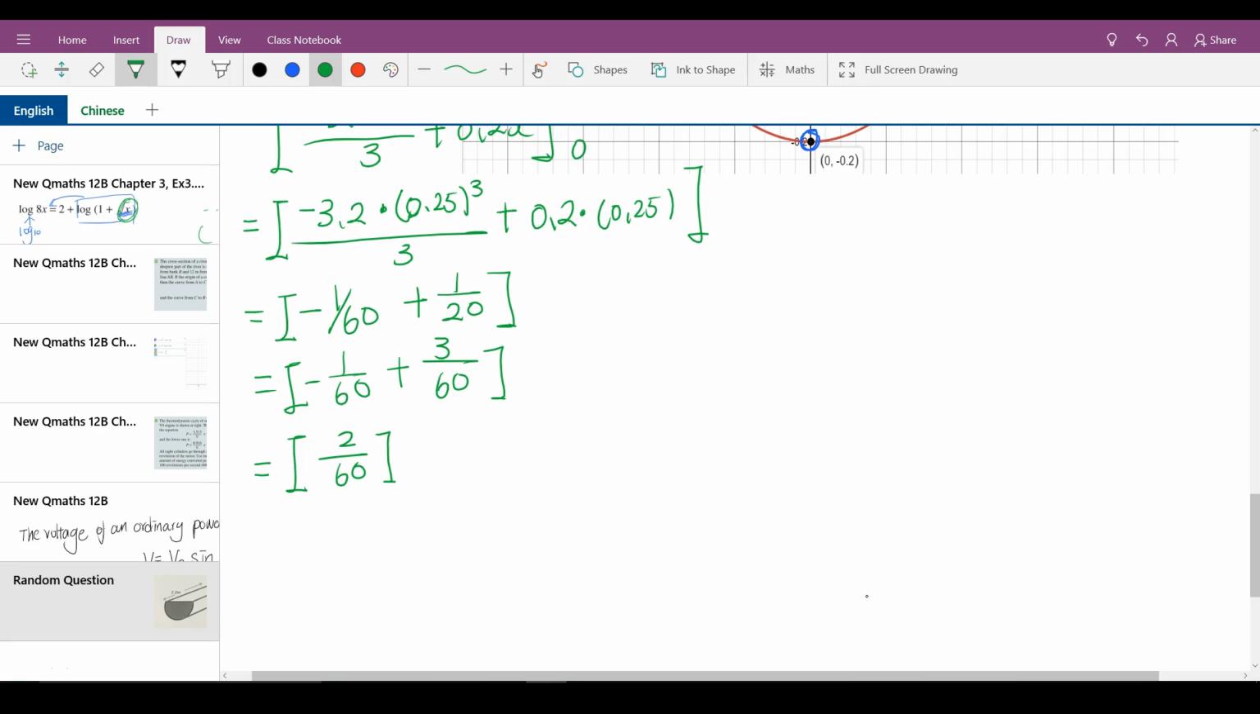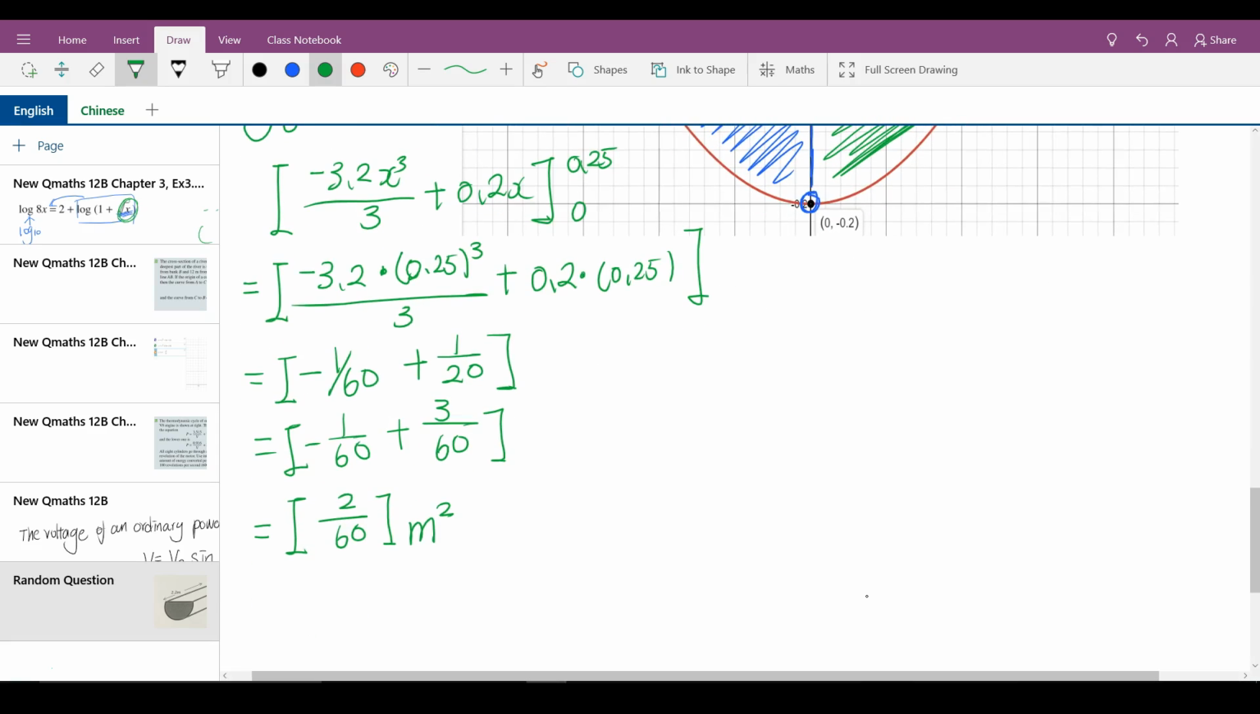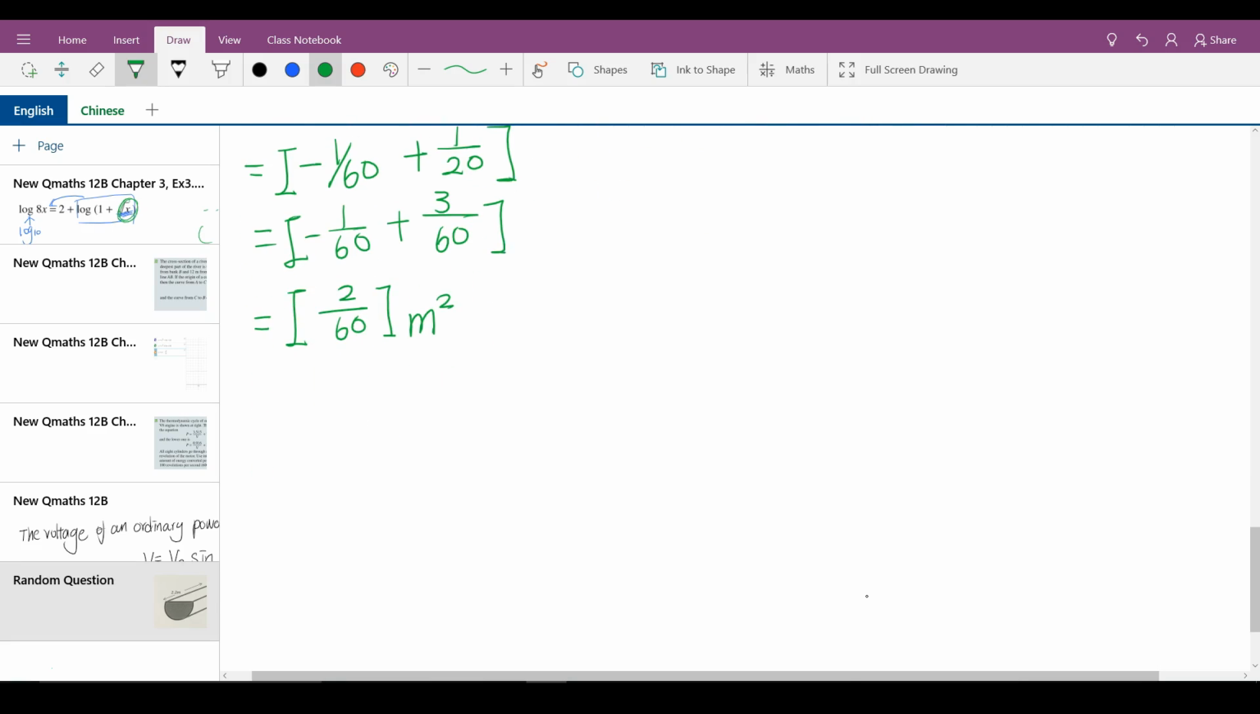All right. So this is in meter square, right? Because this is an area, and our unit is in meters, so it must be meter square. Now remember, this is only half of the cross-sectional area, and we have to multiply by 2 to get the total cross-sectional area. So total cross-sectional area